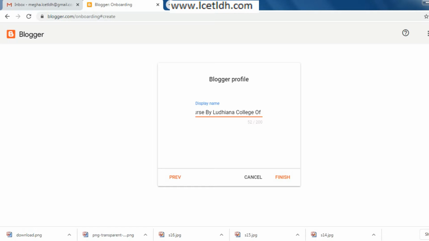I can write a maximum of 200 characters. So Ludhiana College of Engineering and Technology, Katani Kala. Okay, so we'll say finish.